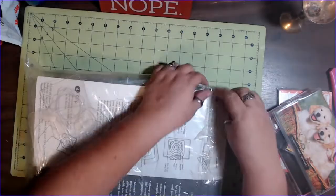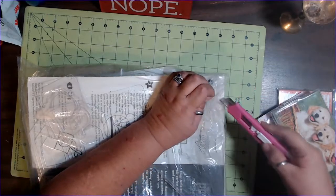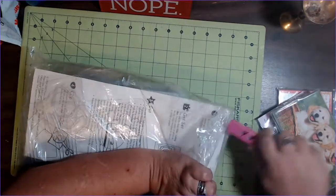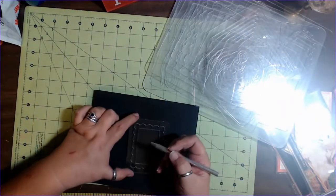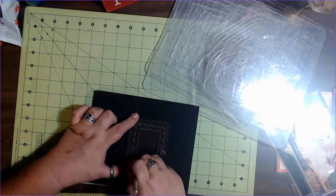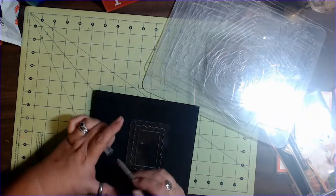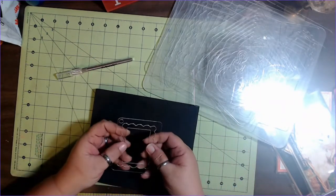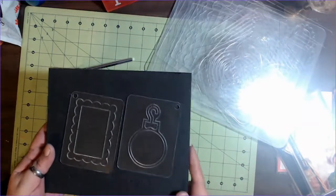This, I'm going to open it up. There's my blade. I'm going to open this up very carefully here, along the top. Don't worry, I have a bag to put it in. So you have this one. And what you would do is you would take this little blade and you would put it in the slot here, and then you would cut around all of the slices here, and when you were done, you will have cut through your paper and you will make that shape. So we have the postage stamp and this little Christmas ornament, and you can see they have the holes in them,